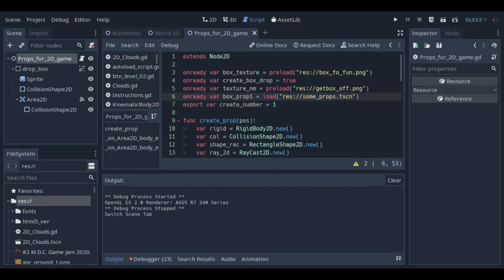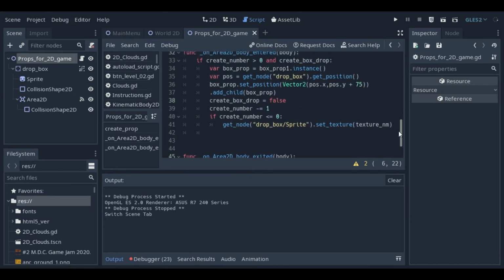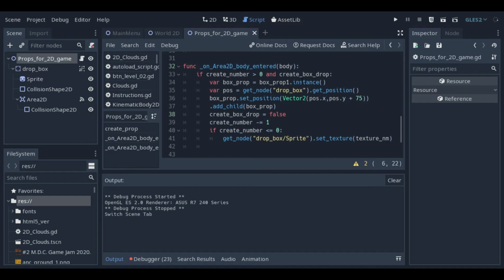You remember this extension, TSCN means the extension for a scene, and this is the name of this loaded scene. And then we instantiate with this method. We instantiate the scene. After that we get the position of this scene and set another position